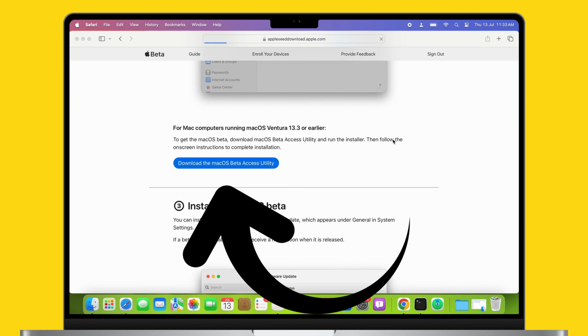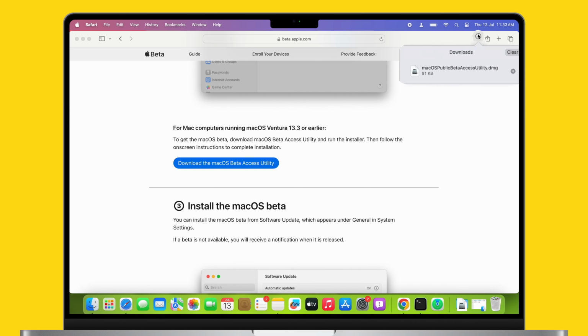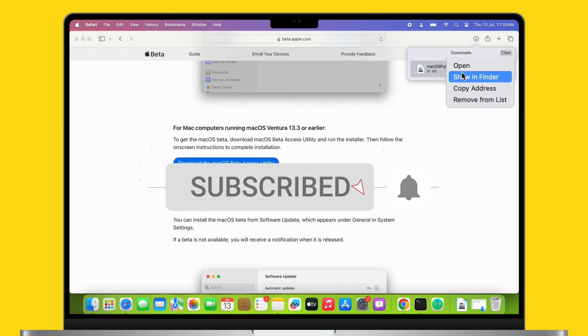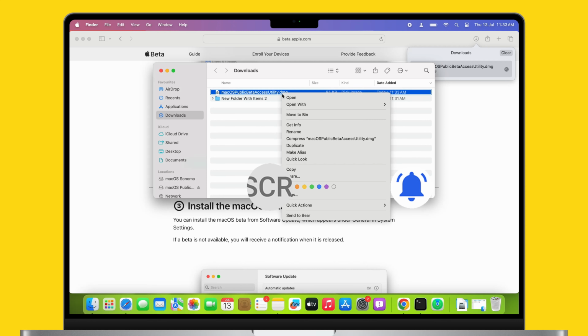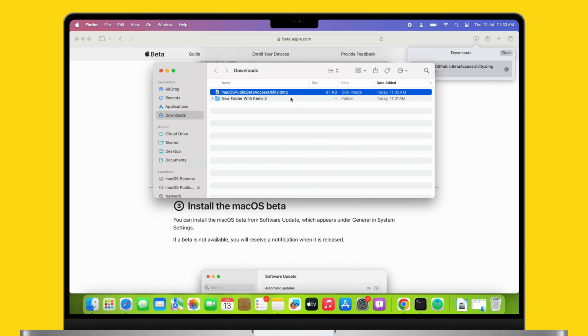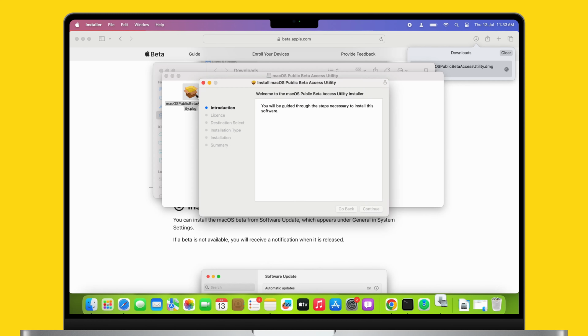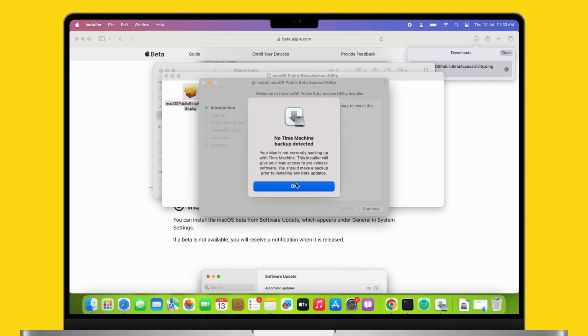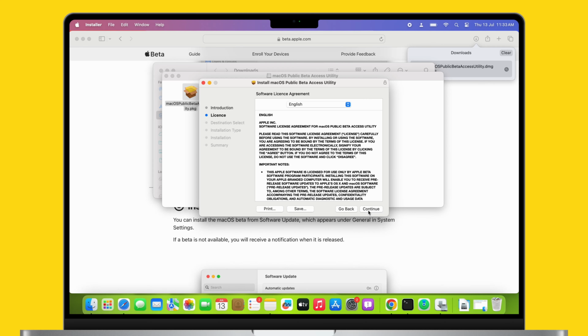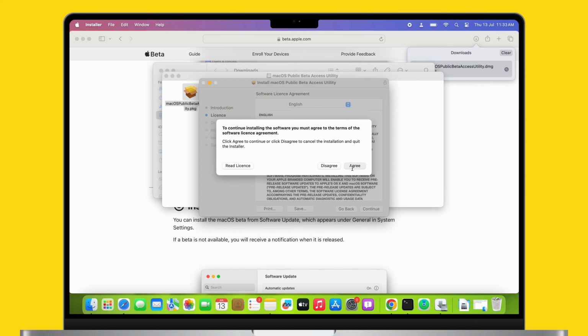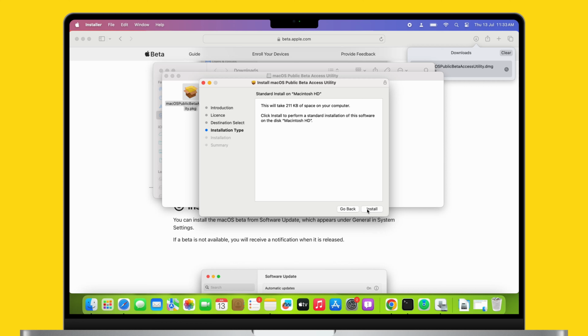This installation file will save to your Finder download folder. Find the folder and right-click on it to open it on Mac. Now, run the macOS PublicBetaAccessUtility package file and follow the on-screen instructions. Skip the Time Machine backup if you don't need to backup your Mac data. Wait for a few seconds after completing the steps, and you will jump into the software update window under the